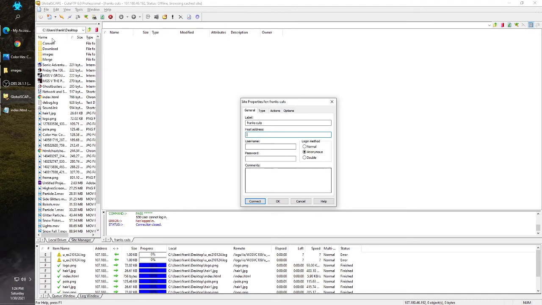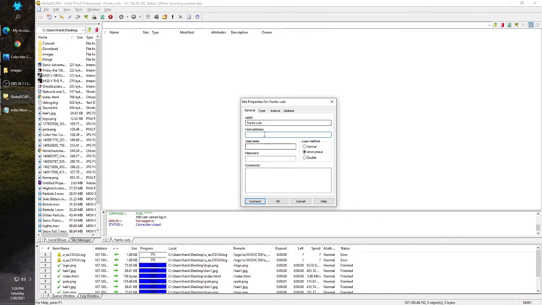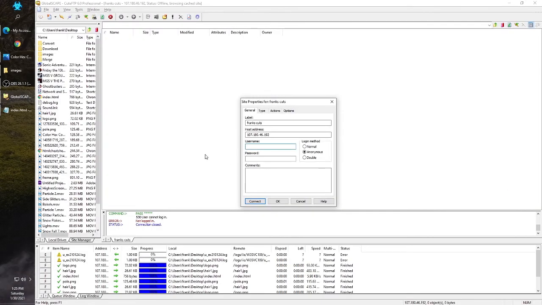So the host address, again, is this long digit number right here. So we're going to copy, Control C, and then we're going to go back to the global, and then we're going to host address, Control V, paste into the host address. So that'll be where your server is located. And your username for that is your Plesk login, which is ph1, 2, 7, let's see, and then Control C, and then we're going to go into username,